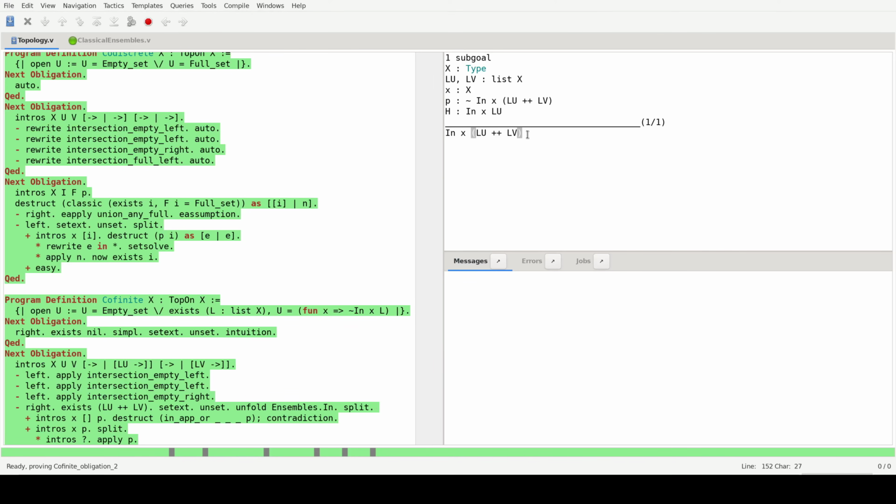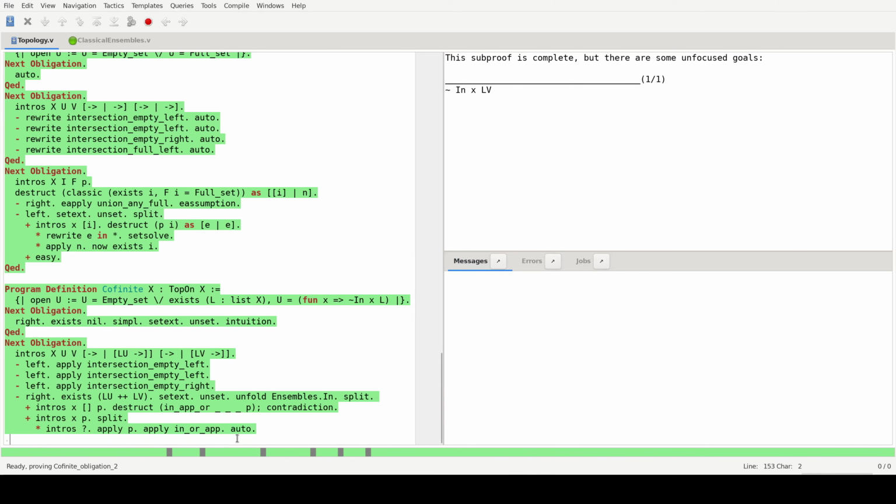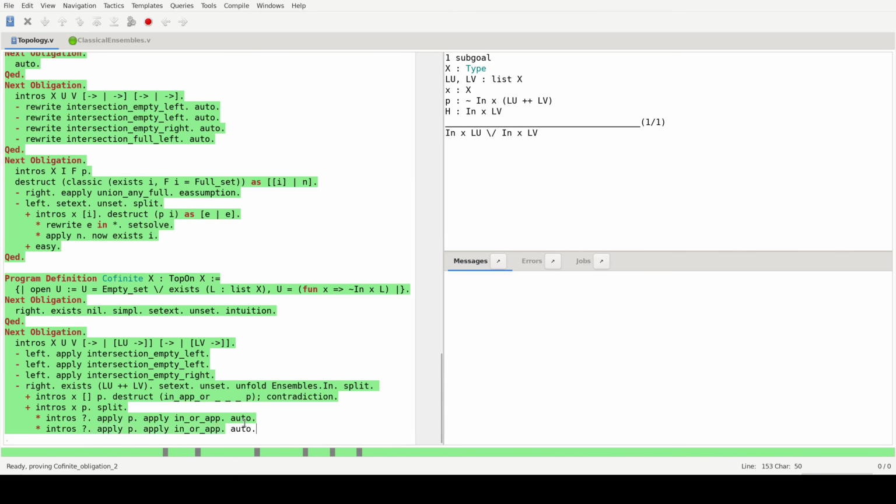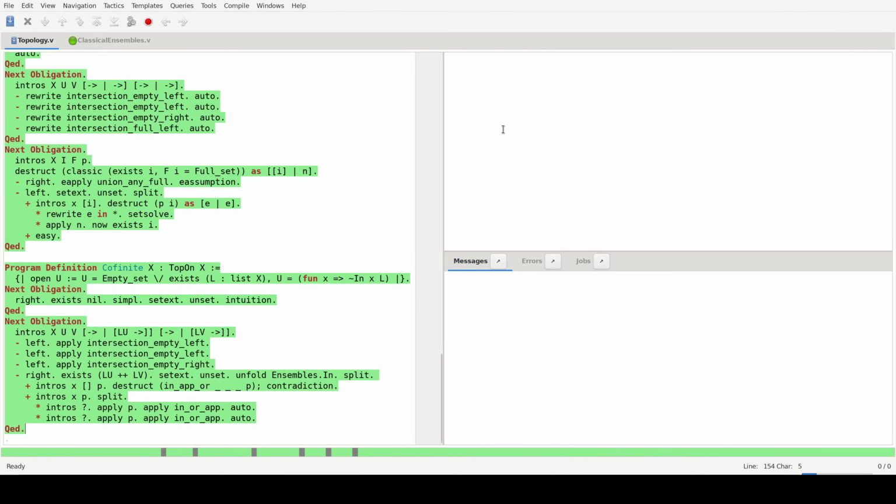So for that we need to prove that X is in either the first list or the second list, and we can do that through this lemma here. So we need to show that it's either in the first or in the second, and we know that it's in the first. That does not conclude the proof. This does though. And actually our proof for the second branch looks exactly the same, but here we go into the right branch of the disjunction. And just like that,